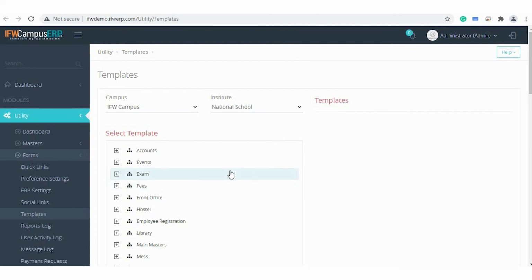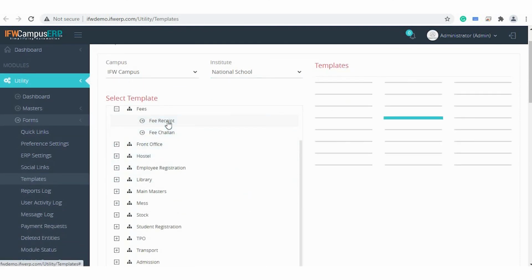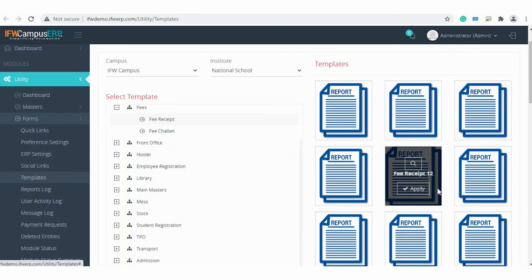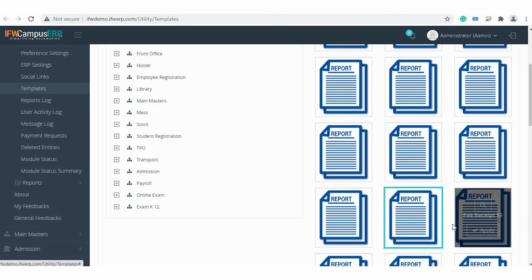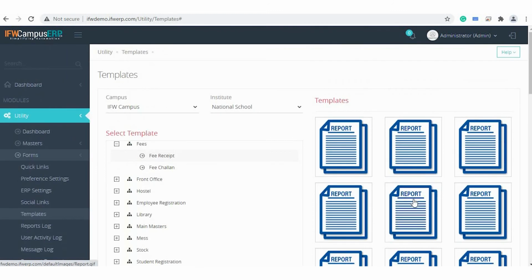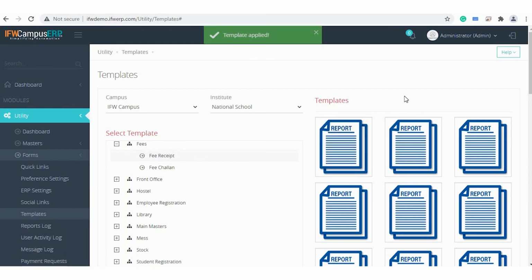Template settings. We have created various templates using the card reports, custom reports, editor reports. All those templates will be listed here. Now you have to set a default template. All these are set here. Now this is the default which has been selected. There can be multiple templates, but you have to select one default which will be printed on every generate or print button.